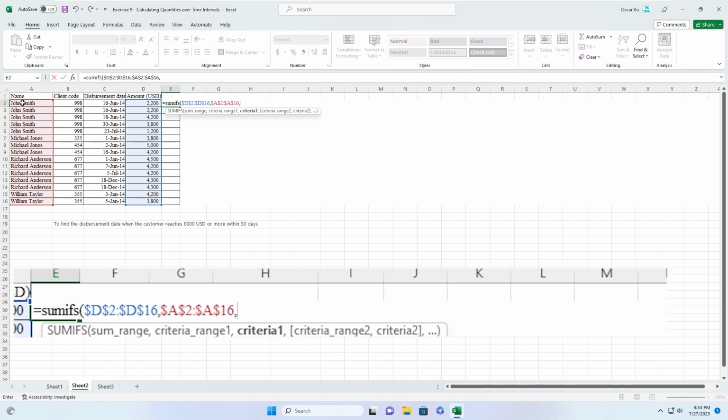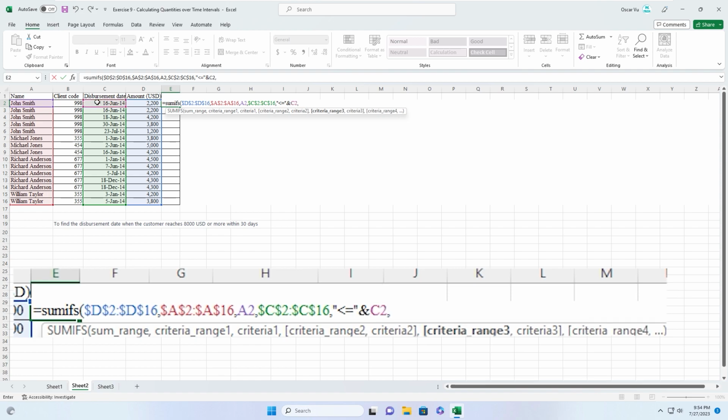criteria 1, A2, don't need to lock, comma, criteria range 2 is this range. You press F4 to lock, comma, double quotation mark, less than or equal, double quotation mark, ampersand, C2, comma, criteria range 3, also press F4, comma, double quotation mark, more than or equal,